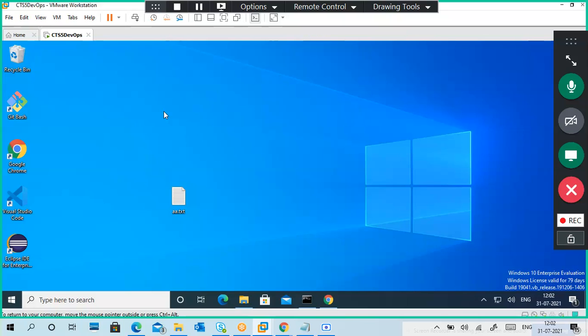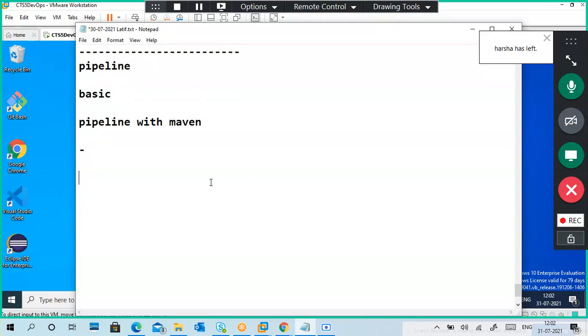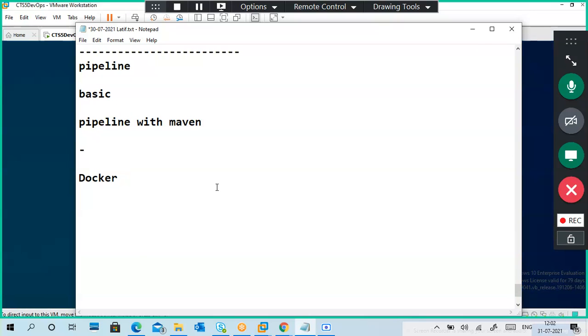When it starts, for installing Docker, two things are important. Docker uses your virtualization environment. For example, if you are using a Linux environment, Linux has KVM, QEMU. This is the virtualization platform for Linux.